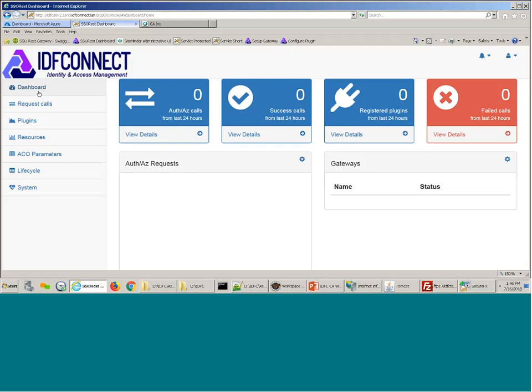We can break it down by application or by individual plugin. We can see things like the system resources that are available on each gateway, the ACO parameters that are configured and enabled across your various applications,